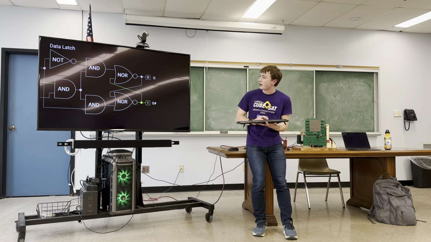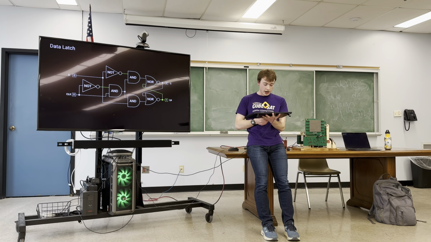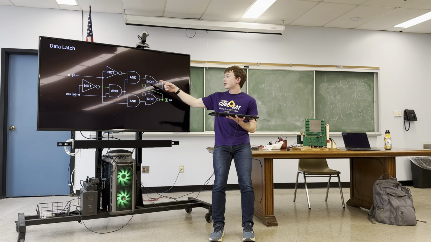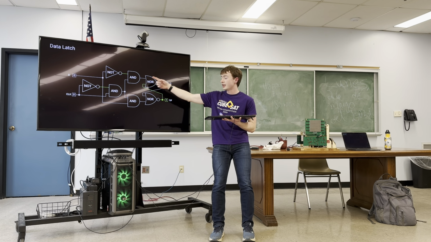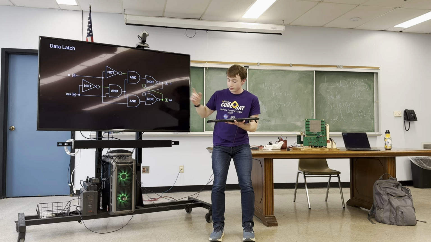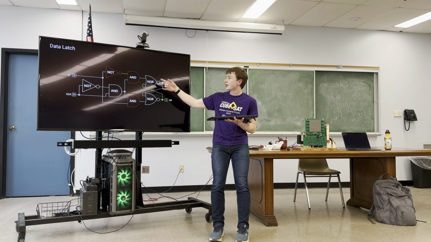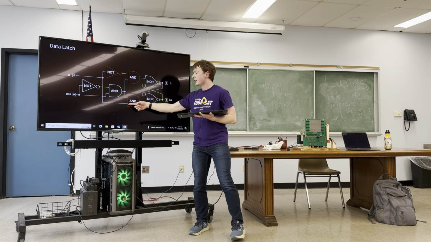Next. Oh yeah, that by itself isn't all that useful. You can make a data latch by adding some extra gates before it. So the outputs of these gates are high only if both of the inputs are high, and NOT is an inverter, so it switches the input and output. These 3 gates are called a selector. This is a really simple example. So if only one of these is ever on,